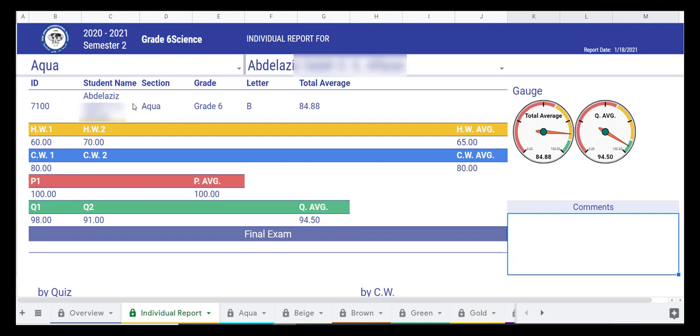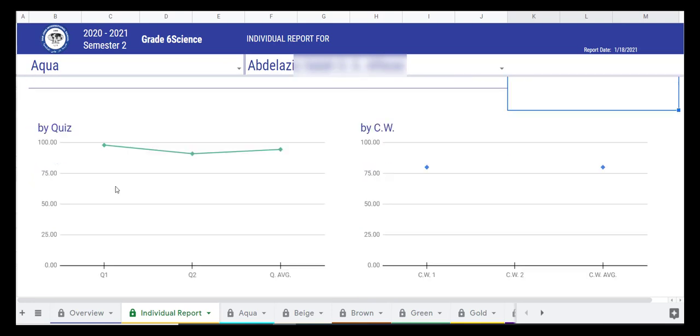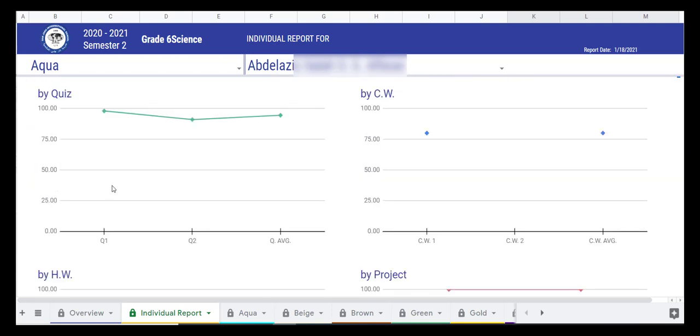So here you can give me all the information of the student, the total average, and it's going to show me the total average and the quiz average for that student, as well as all the components that he has, in addition to how he progresses in terms of each component. In quizzes, how he's doing from quiz 1 to quiz 2,